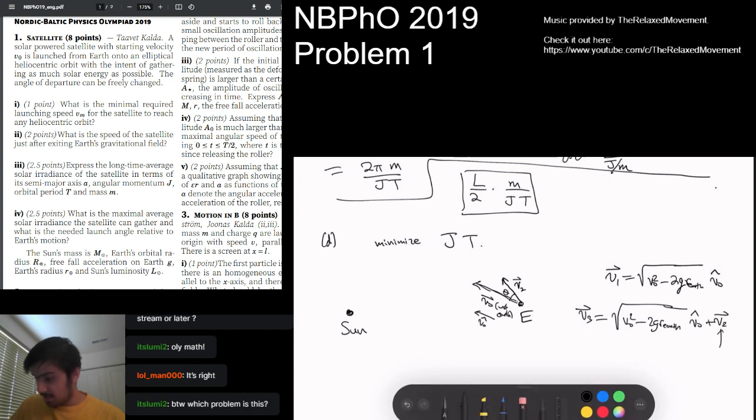Where this is, again, the velocity of the Earth. Okay. And square root v0 squared minus 2rg Earth is constant because v0 is constant. So essentially you just have a v2 and you can add some vector of constant length to it in any direction. So you want to minimize j times t. So I think j is minimized, for example, if you take the angle theta to be pi. Exactly opposite, because,